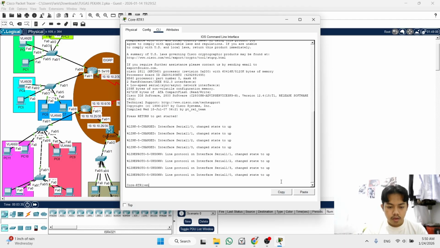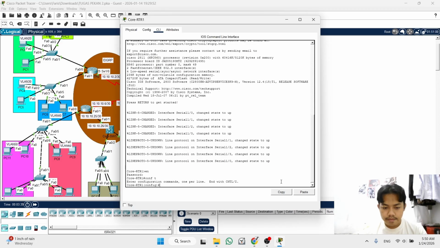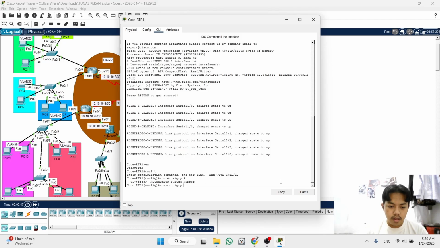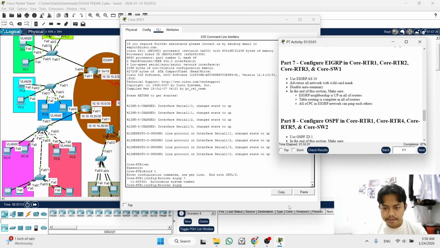We go to the global configuration, and then you write router EIGRP, and the autonomous system is 10. So we follow the task.